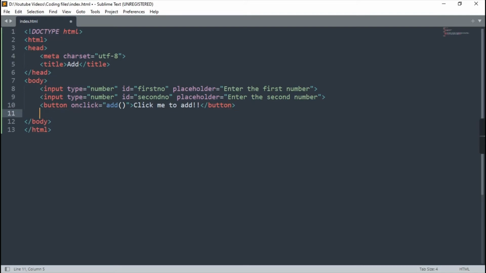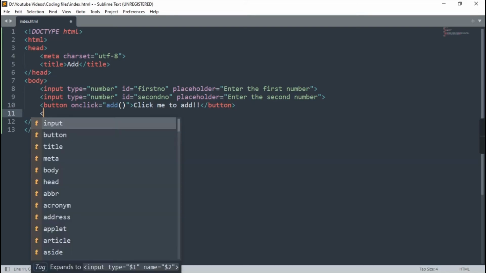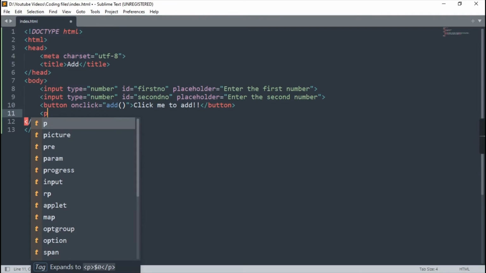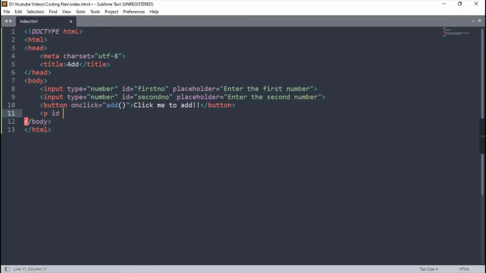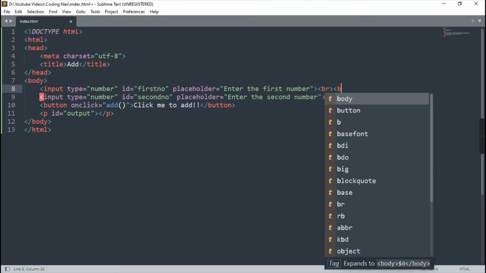Now I'm making a paragraph in which the output will come. I'll give an ID like output, and I will close it. Simple. Now I'm giving BR tags, that is break tags. It will give a new line.